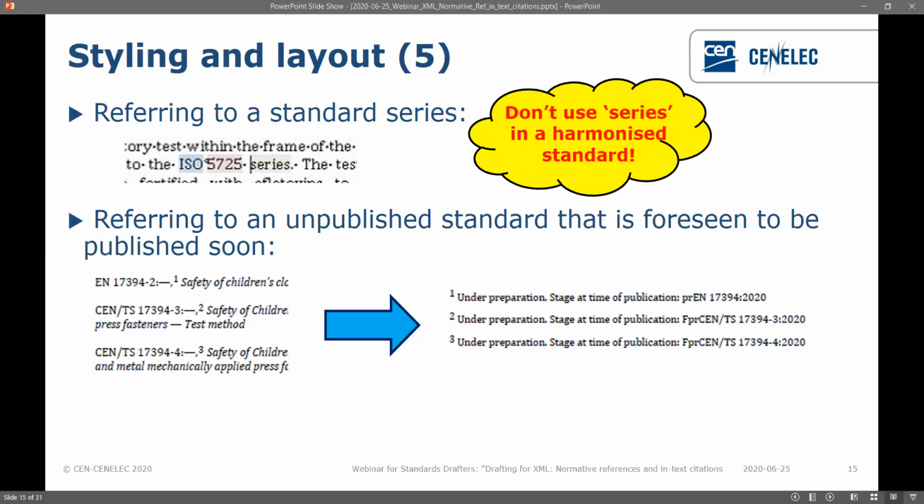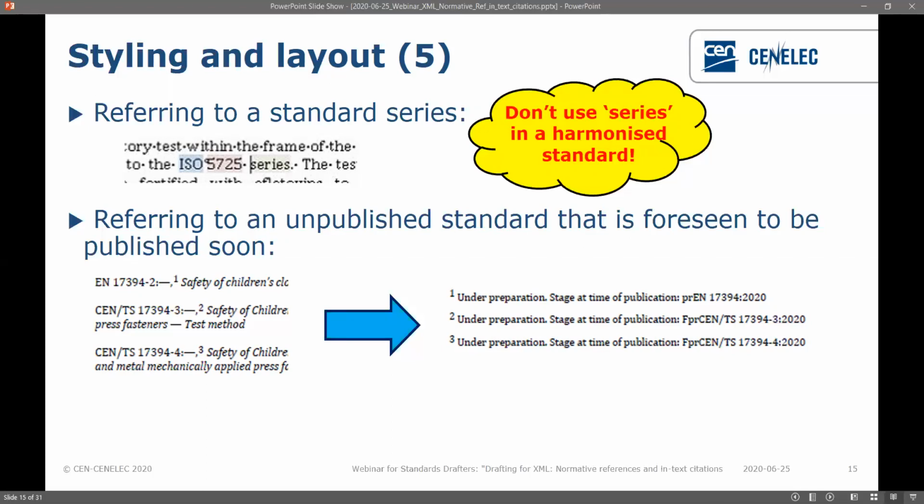If you are referring to an unpublished standard that is foreseen to be published soon, you may or may not come across this footnote. This is something the editor might put in if we see that a standard is still under preparation. This is just to keep things a little bit cleaner for us. So the general rule is that you have the publication reference. As you can see here, we've got EN 17394 part 2, and then we have 2 technical specifications, and all of those are the publication references.